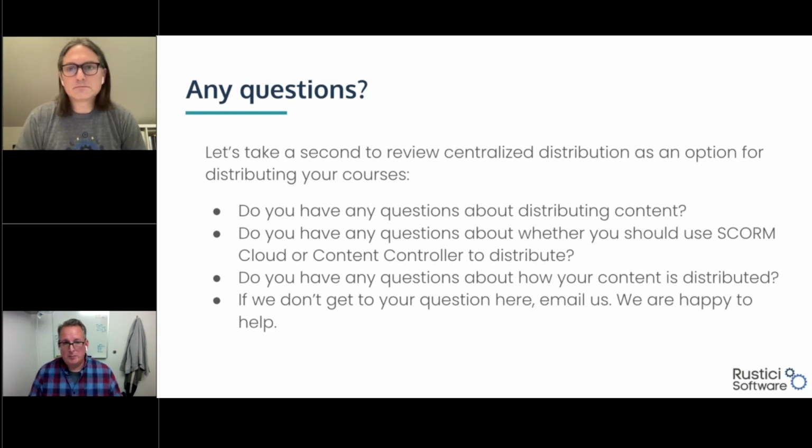We've had some folks implement our Rustici Engine within Moodle. And I think there may be other versions of Moodle. Maybe I'm going to speak out of school, I don't know a ton about Totara, but some of those flavors of Moodle might, but natively only SCORM 1.2.